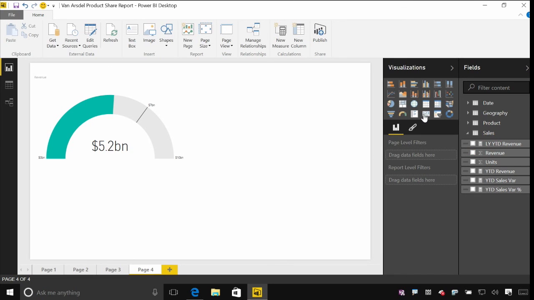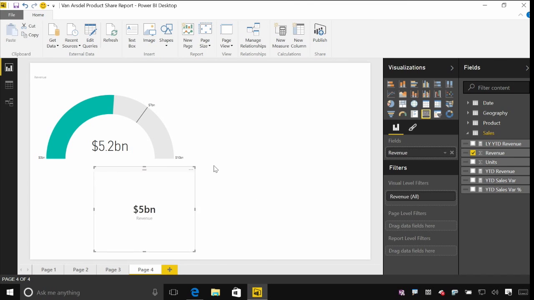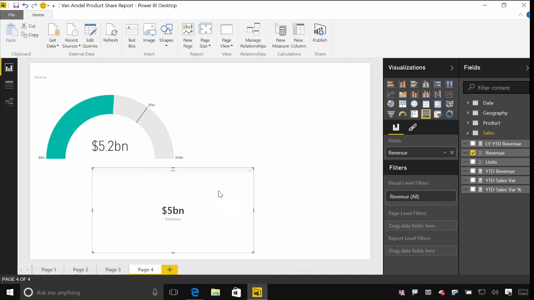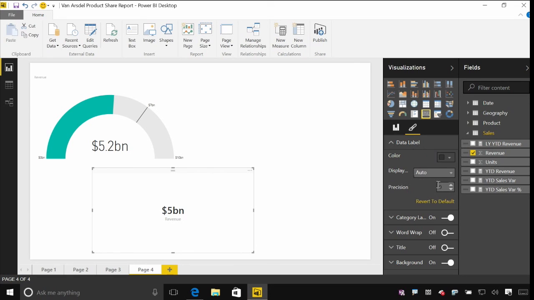The other thing that we can do is use a card visualization, which actually just shows us the numeric representation as some text. By default, we'll use display units to try and trim down the number rather than having something with lots and lots of digits in it. But I can also use the formatting options to override this. So rather than choosing automatic display units, I can say I want to see it in thousands. Or even, ignore that, just give me the exact value, 5.199 billion. I can change the precision if I want to add more or less decimal places. And I've got a few different options about turning the label on and off, or even doing word wrap if I've got a particularly long value here.